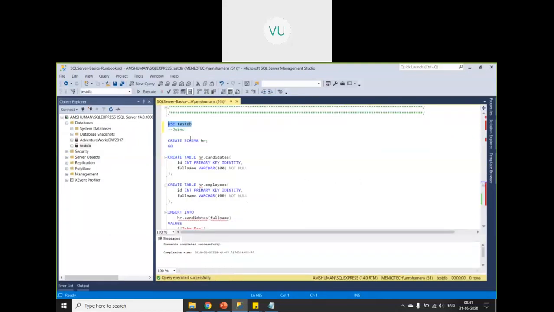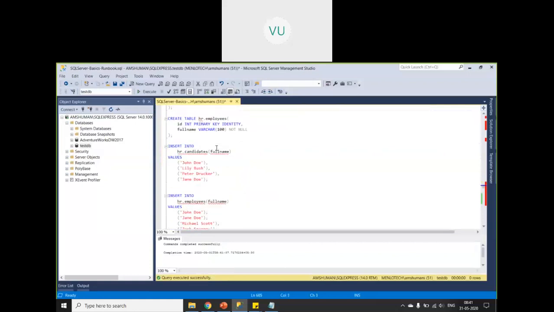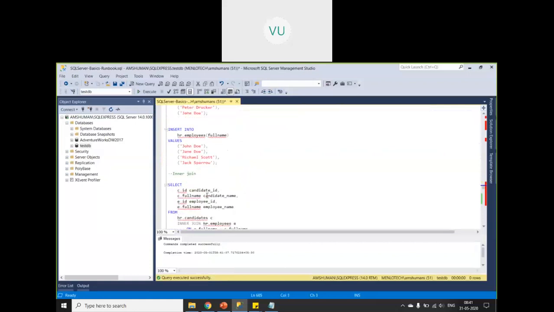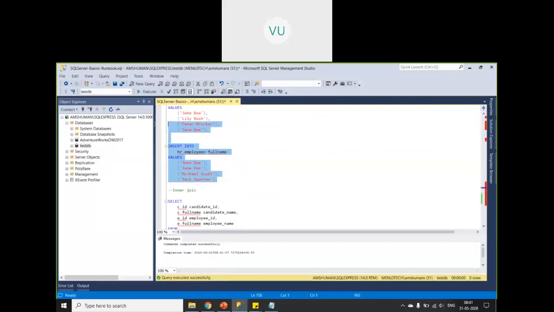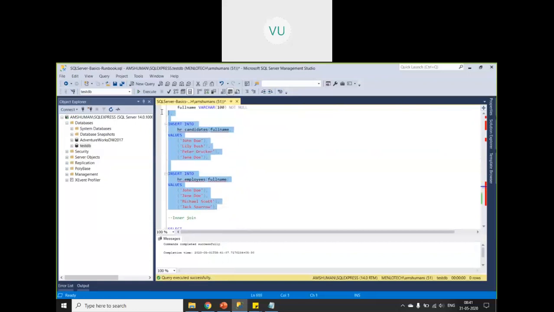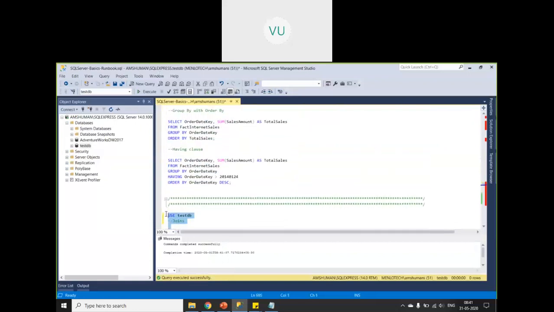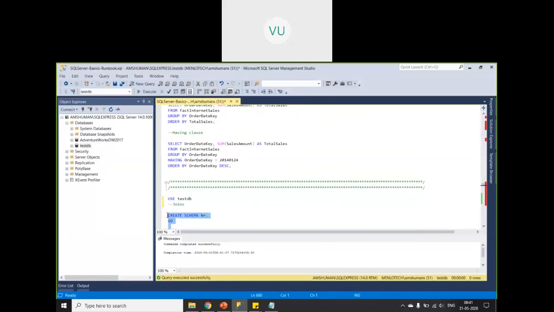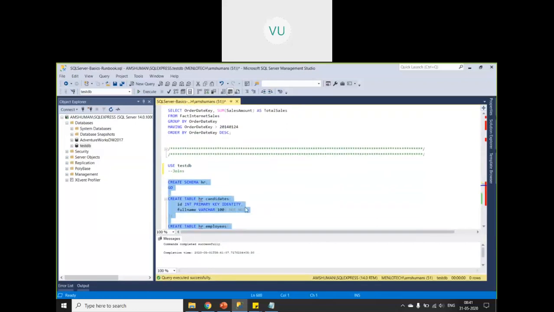So what I'm doing, let me execute these statements at once. Up to here, I'm trying to execute all the statements in my test DB. Test DB is already selected. I'm selecting all the statements and saying execute. Okay, so all statements have run